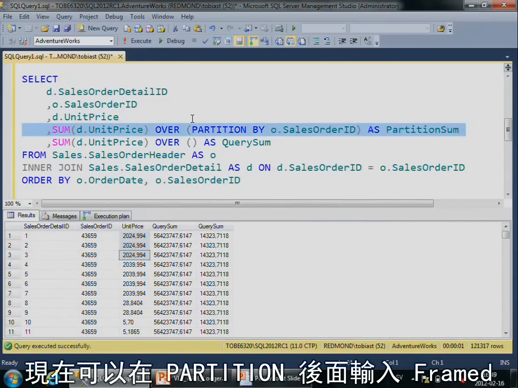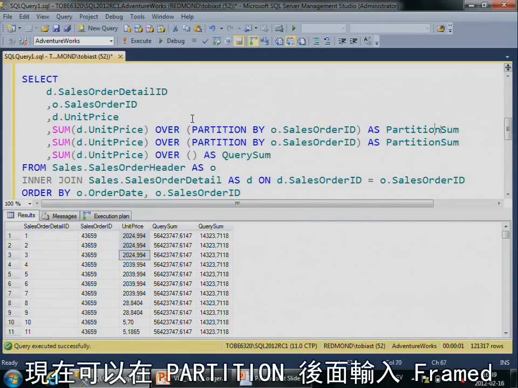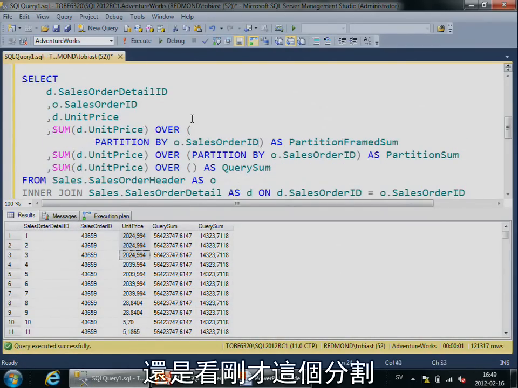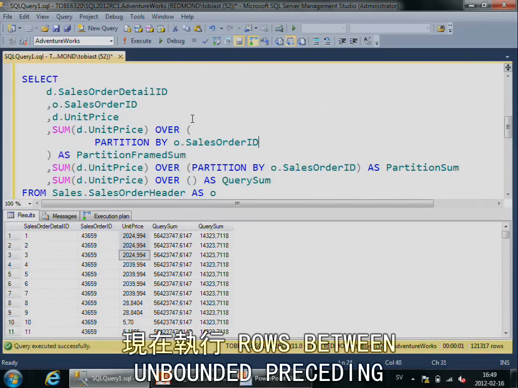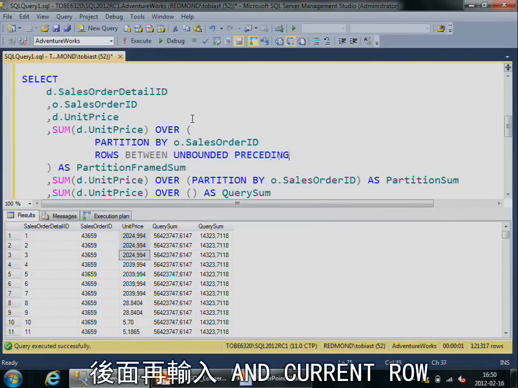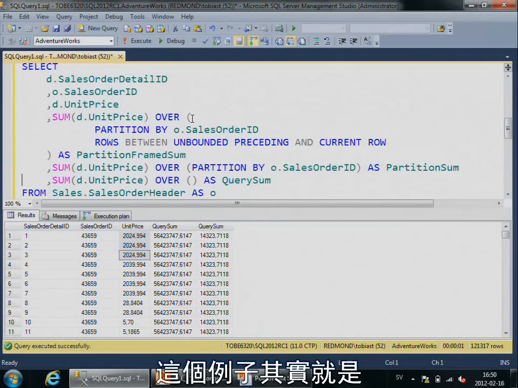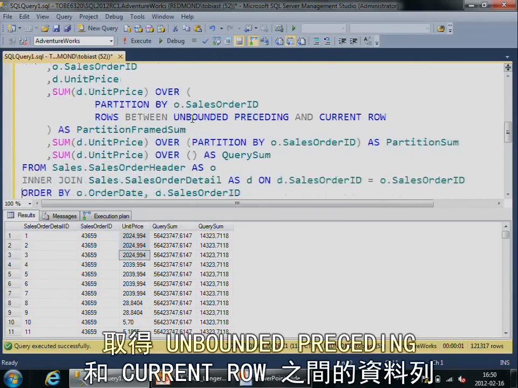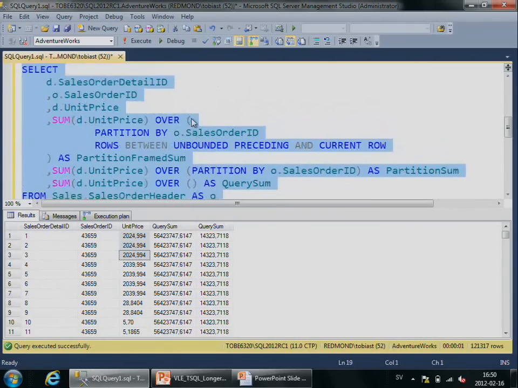What you can do now then is you can say partition, and we can say framed. So I say, still I'm looking over this partition, but within the partition, I want to say rows between unbounded preceding, so start from the beginning of the window, and current row. The example of this one is basically saying rows between unbounded preceding and unbounded following. So in this case,